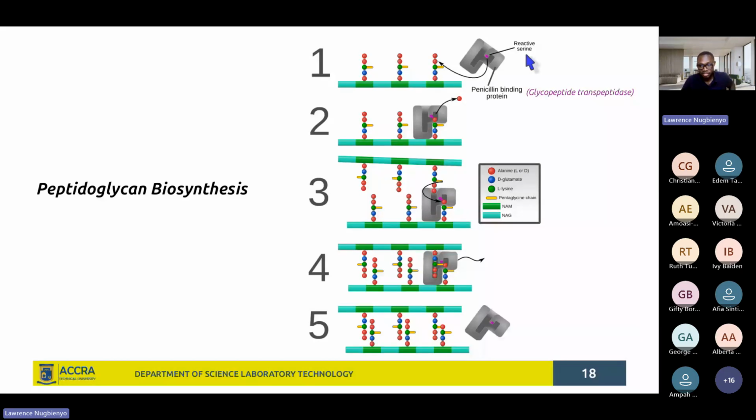We saw these things, so you can see that this protein is also one of such reactive serine. And we see in the first place that glycopeptide transpeptidase comes to bind onto one of the peptides. And take note that you are having an interaction between the serine residue in the active center, that's reactive serine, that was shown up there,